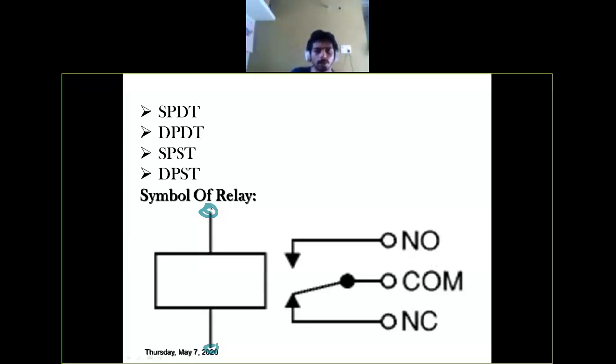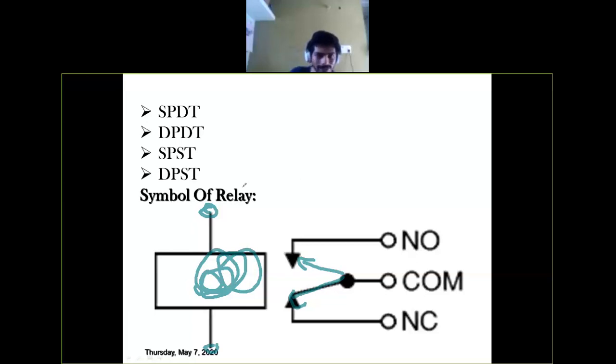Okay, fine. So when you provide a voltage to this inductor, automatically this generates some magnetic field, and due to this magnetic field, the switch which is connected from common to NC will get connected to common to NO. That is the simple concept of a relay. That's it. So when you use a relay, that relay will help to switch the higher power devices or higher voltage devices using a low voltage device like your controller or an IC or comparator.